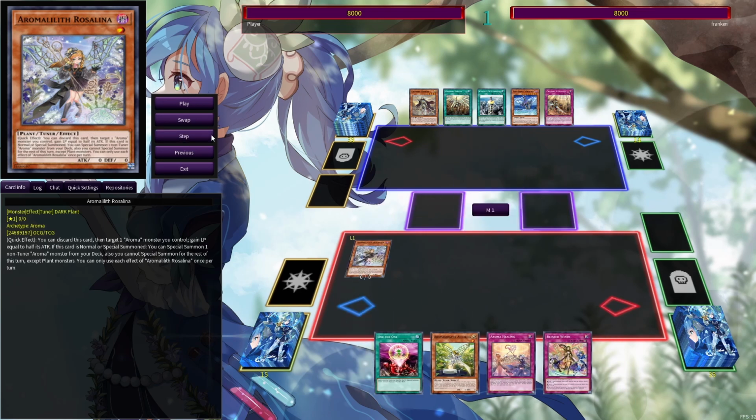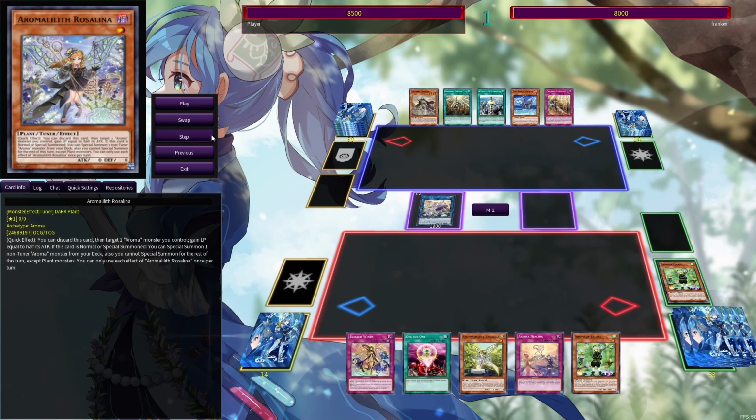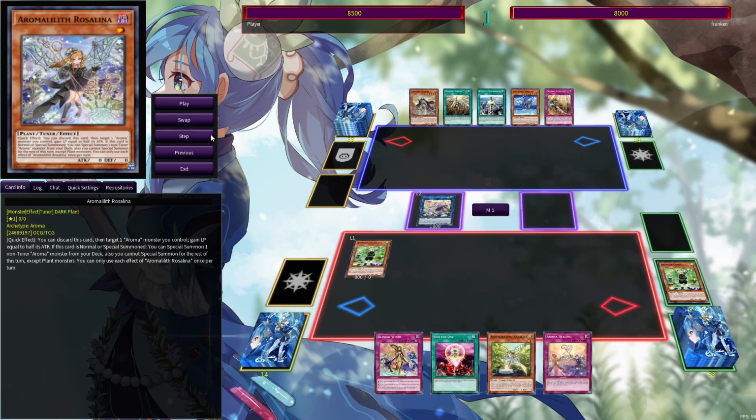This gets it all started. We're going to activate our Rosalina to bring out Laurel. Then we're going to link these two away into Jasmine, triggering Laurel in the grave, getting us 500, which triggers Jasmine. Jasmine adds a Laurel to our hand, and we can special summon this because our life points are higher